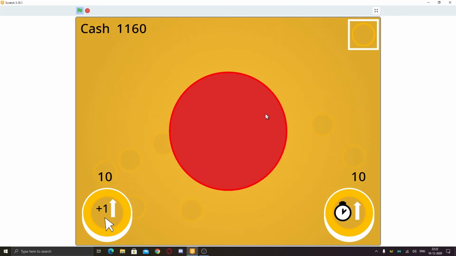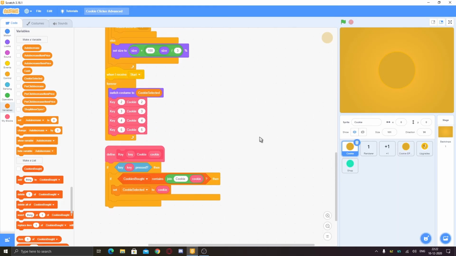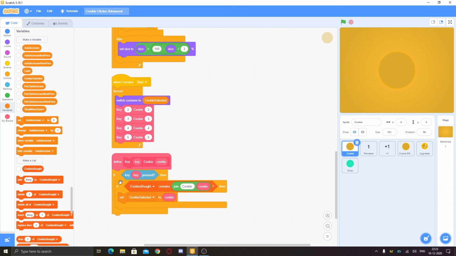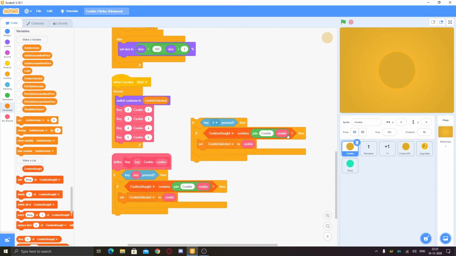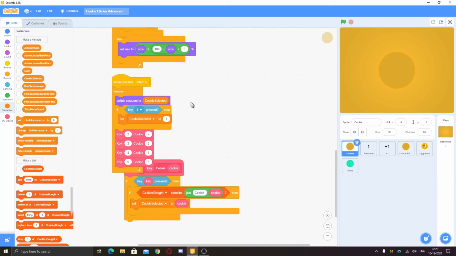So this was a simple one, and now we'll make it for the first one. Go to cookie and just duplicate the script, remove the key, the cookie and the cookie, put it here, delete this, and set cookie selected to 1, and when the 1 key pressed, you can just put it here.